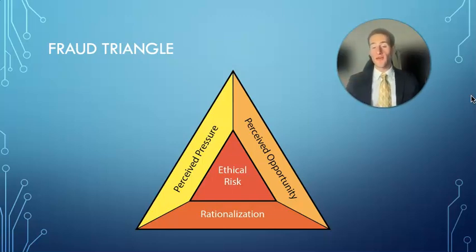So now, where does that leave rationalization? Well, while these two analyses don't really impact rationalization that much, you need all three sides of the triangle for the triangle to be complete. And so when you've realigned the pressure and you've gotten rid of the opportunity, the rationalization becomes irrelevant towards the fraud, and you no longer need to rationalize it because you don't have the ability to commit the fraud, and the pressure, which once was to meet the quotas, is now to meet compliance, does not allow you to commit the fraud anyway.